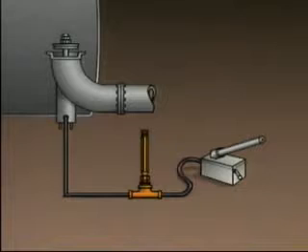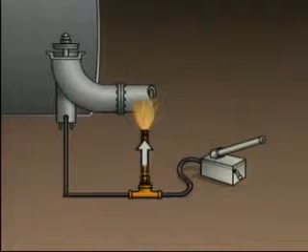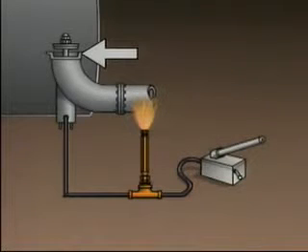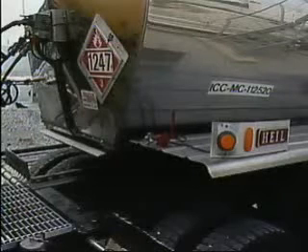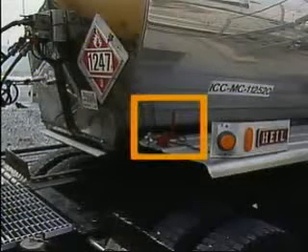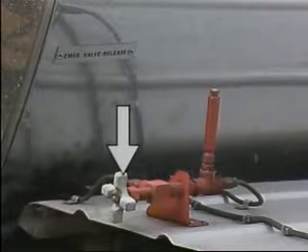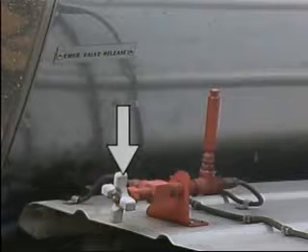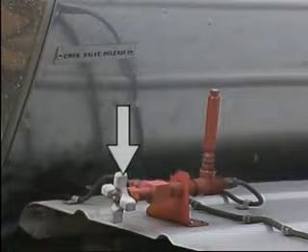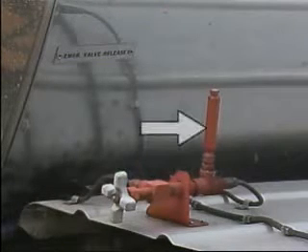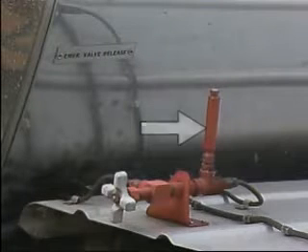If the plug melts or is broken, hydraulic fluid will escape from the system. As a result, pressure that's holding the safety valve open is lost, and the valve closes. Also connected to the internal safety valve is a remote emergency shutdown device. It has a valve that can be opened manually to relieve pressure against the internal safety valve and allow the safety valve to close. It also has a fusible and frangible plug.